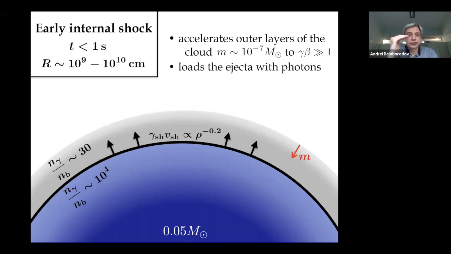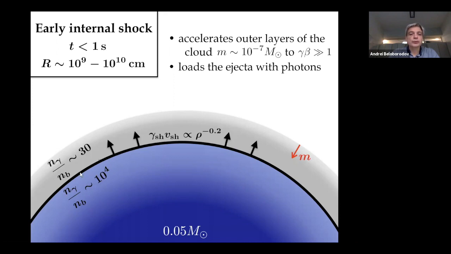As the shock comes to this edge, it kicks the edge. It does this usual breakout business when it pushes the outer layers of the cloud to higher speeds. And in this way, it inflates an envelope with the extended profile of gamma beta for velocity, qualitatively the same structure, that is the leading edge is the fastest and the trailing layers are slower. So that's one thing. And the other thing is that this shock loads the envelope, loads the ejected material with